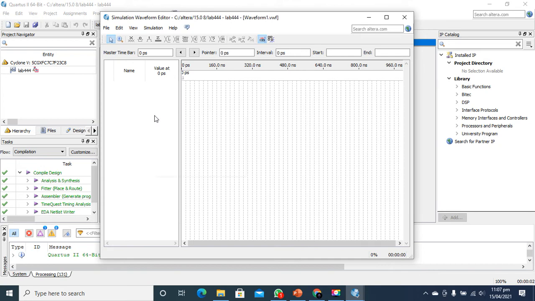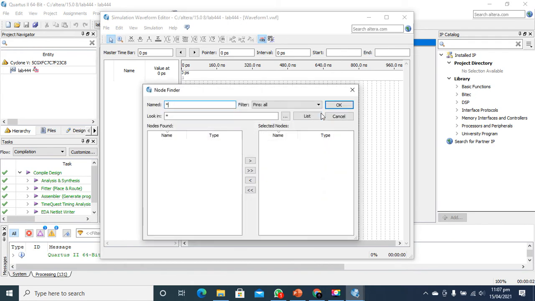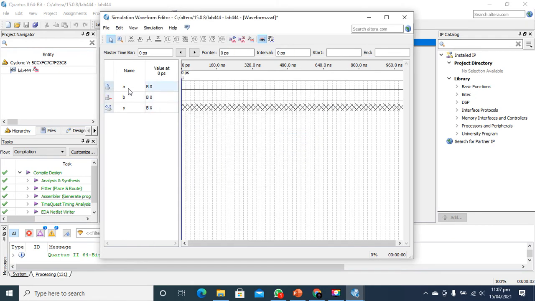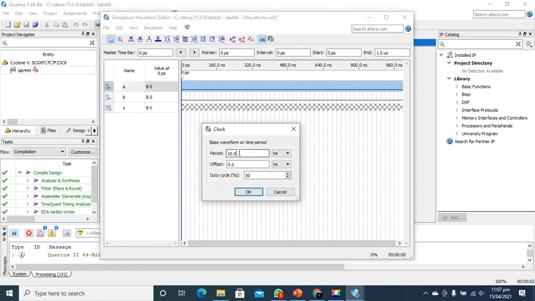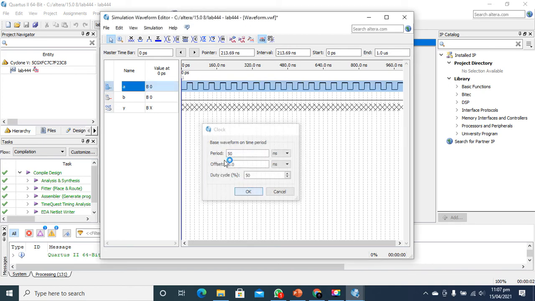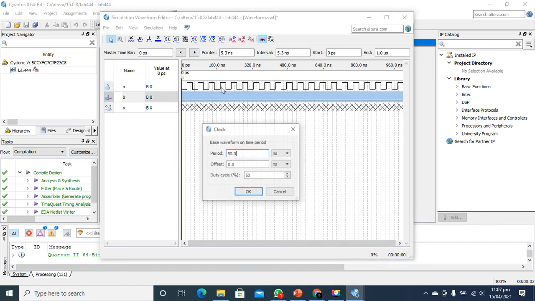For that purpose, we need to right click on that option and insert node finder list. Okay, so here are the nodes. So we will select the values of the node, and we will apply some basic values on the input,